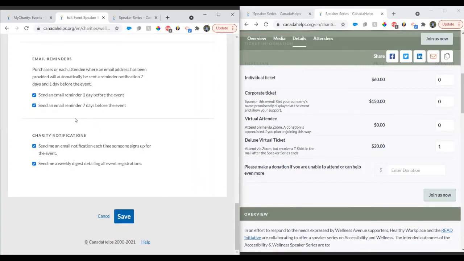And then charity notifications. So if people sign up for your event, you can receive an email to whatever organizer email address that you've set, along with a weekly digest detailing all the event registrations. So this provides us with a look at every person who is registered for the event or purchased tickets or made a donation. We're going to look at where all of this information is reflected now that we have fully